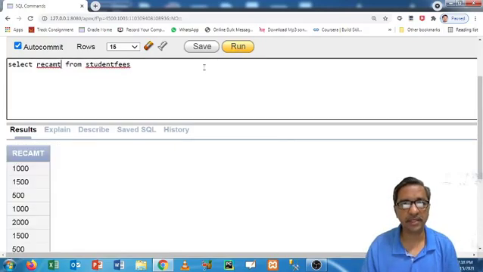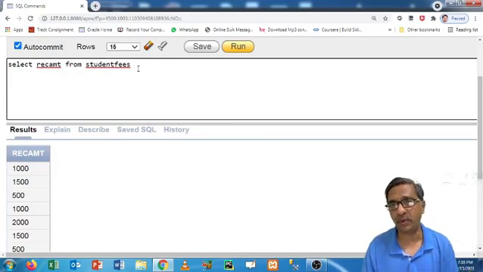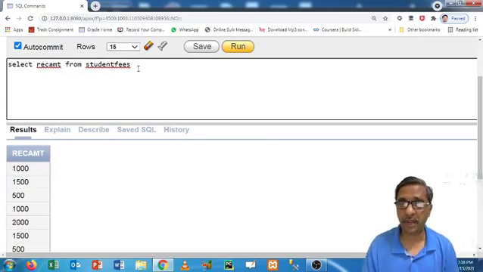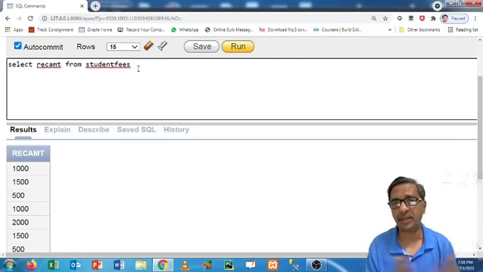Then select receipt amount from the student fees. I want total fees collected in year 2021. Right now all the data is of 2021 only, we don't have previous data. But if you have all the data, previous data plus current data, and if you want to see the data